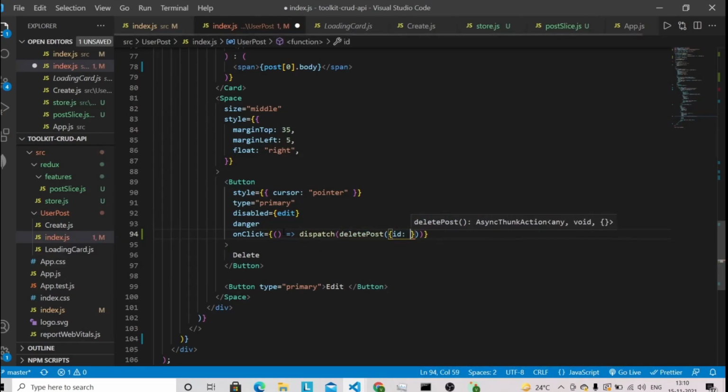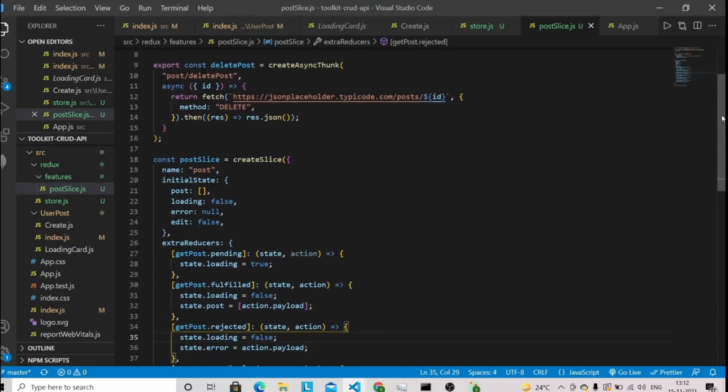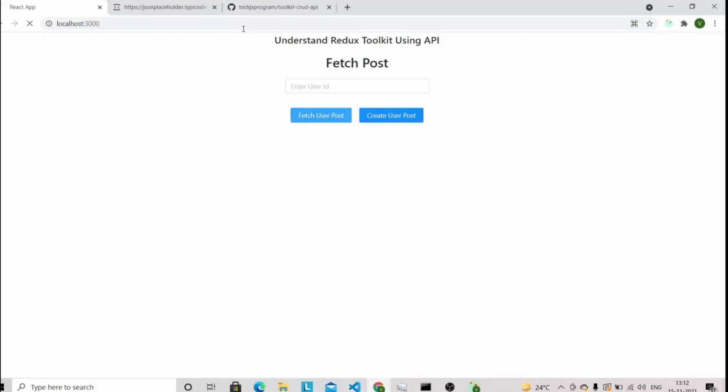And we can dispatch delete post. So the ID we are going to access, we have it in our single array of object, so we can access the ID this way because it will always be present at the zeroth index. So it will be like post[0].id. So we are passing the id to our action and it will receive the id here. And we can pass this id in the url. And guys, don't forget to update these three promise life cycles for delete post. So for delete post, it will be delete post, not get post. So you have to change this one. Let's make sure to update this one and let's fetch the post.